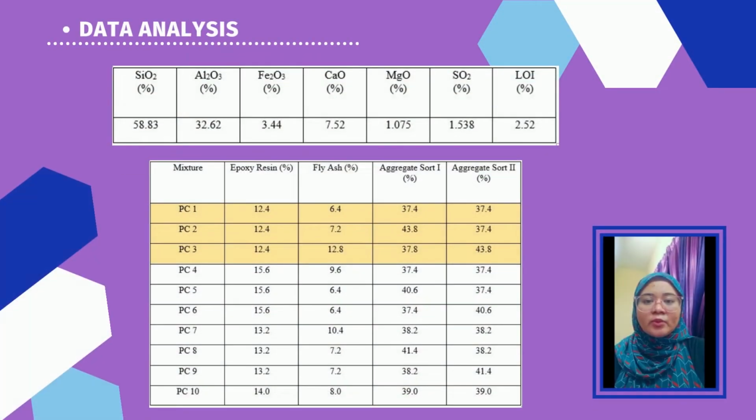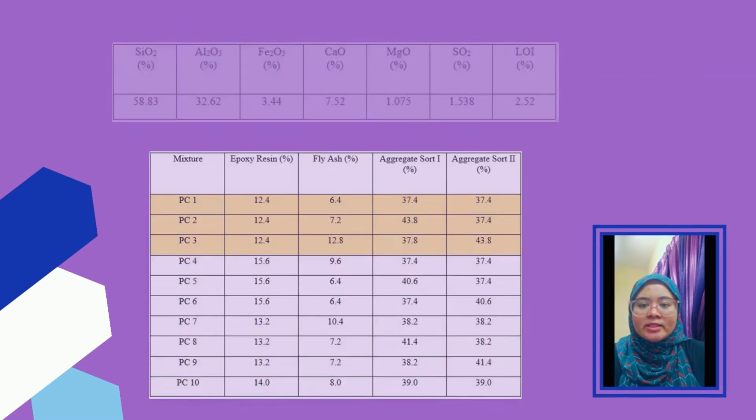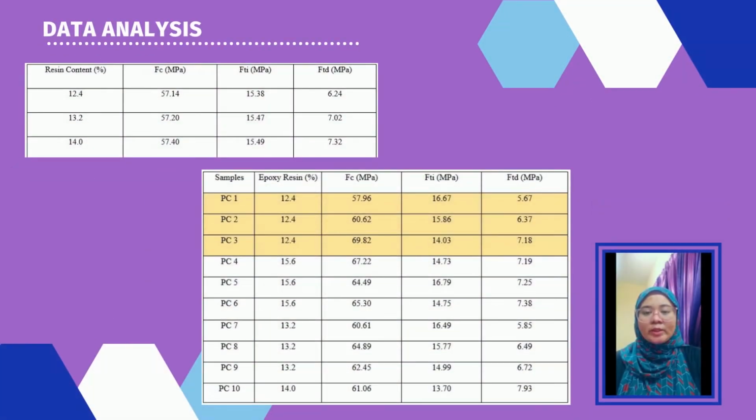For the data analysis, we started with the composition of fly ash class F, and as we can see, it is high in silica and alumina but low in calcium. From the table, we can see that we have 10 samples with different percent of epoxy resin, fly ash and also aggregates. Next, this table shows the mechanical properties of the polymer concrete without fly ash in terms of compressive